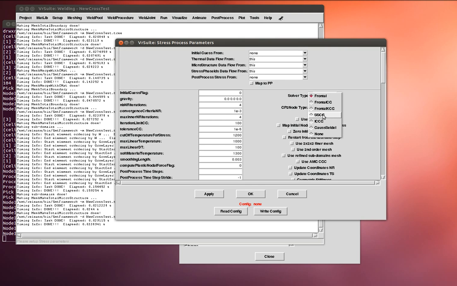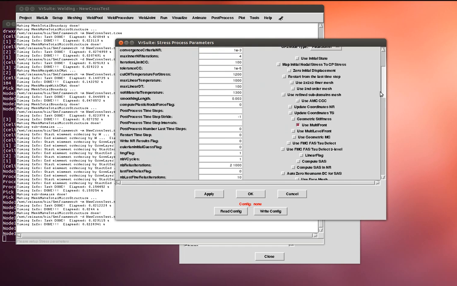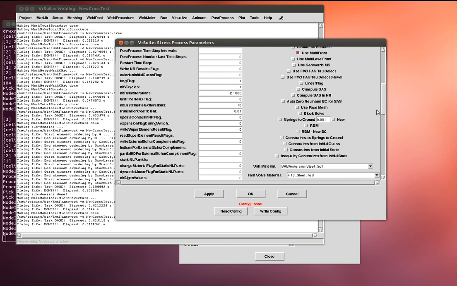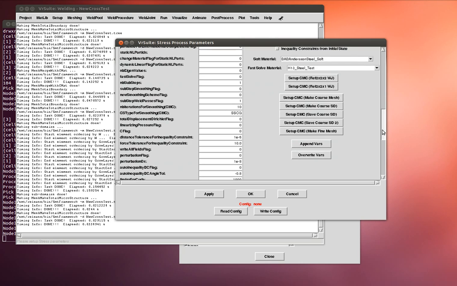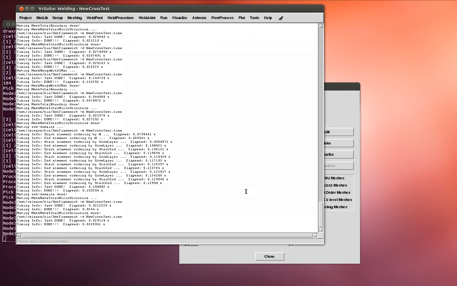There's other SSCG or Gauss-Seidel, the different solvers that can be used. For now, we'll just accept the defaults for the rest,